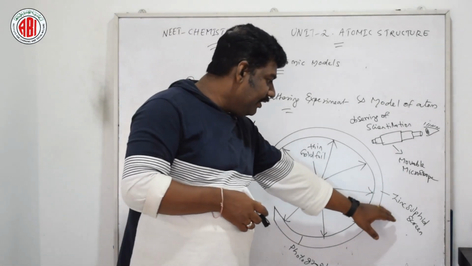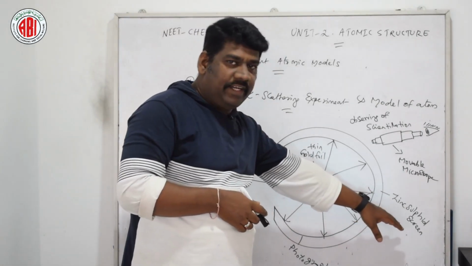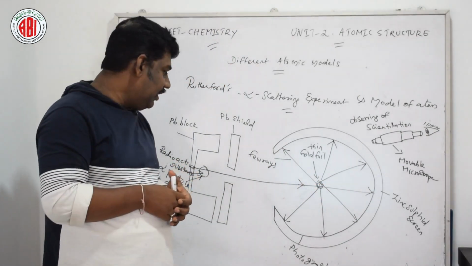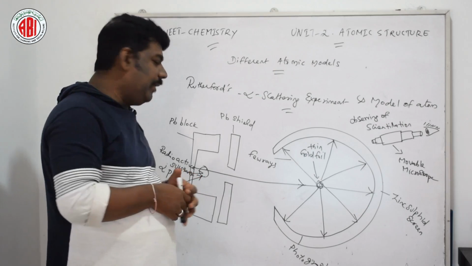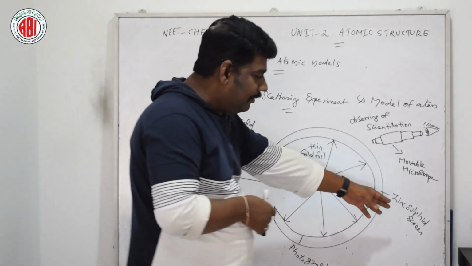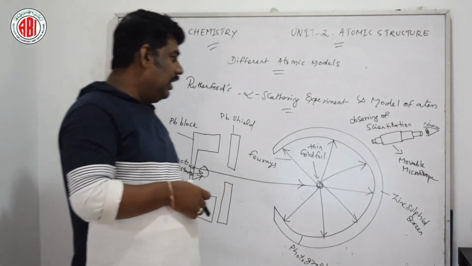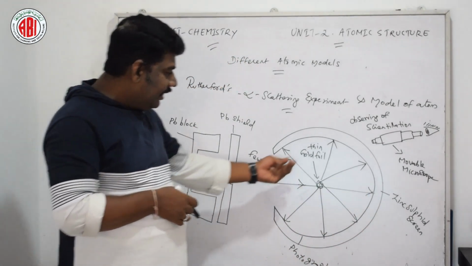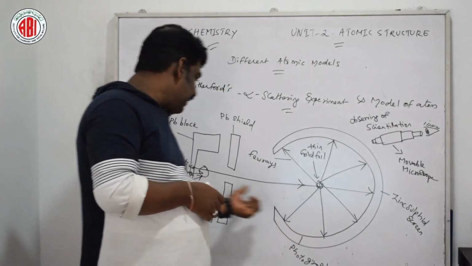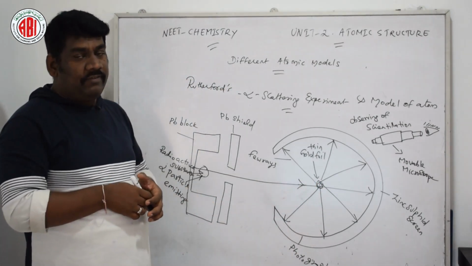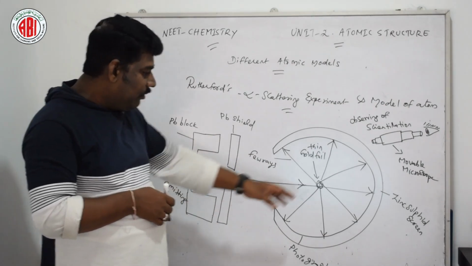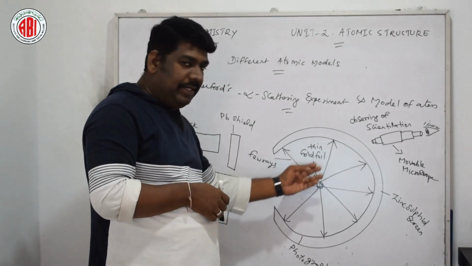This screen is made of zinc sulfide, which shows the shining of the alpha particle rays, so this particular chemical is used. And there is a thin gold foil placed where these alpha particles pass through in a straight path, and there we could see the emitted rays,